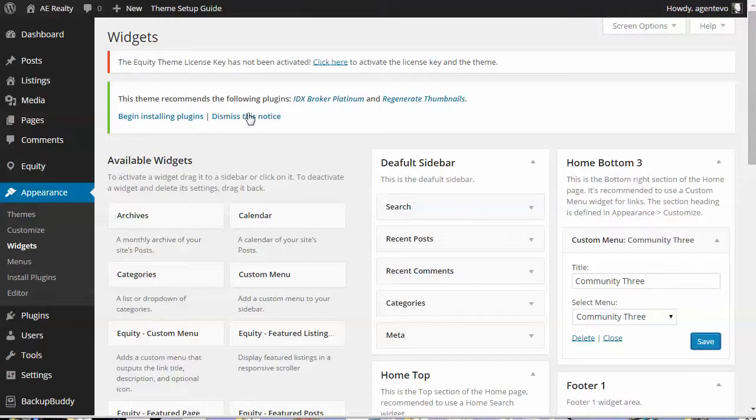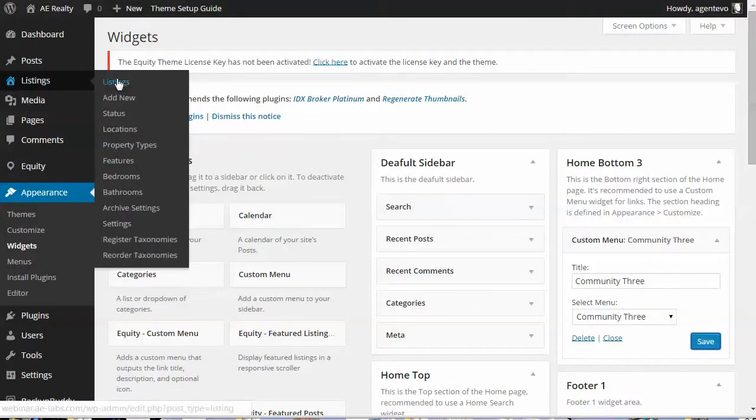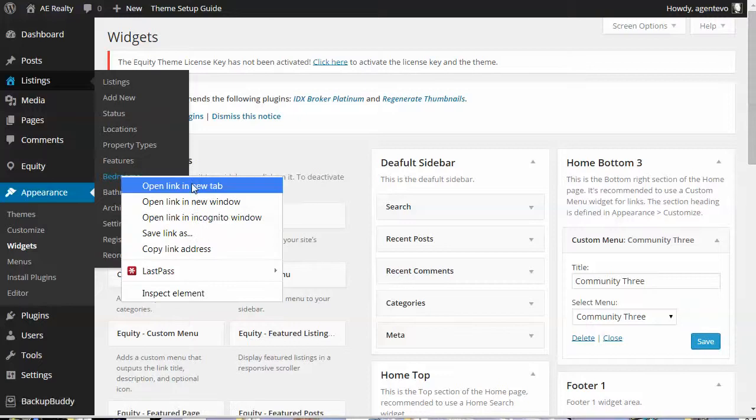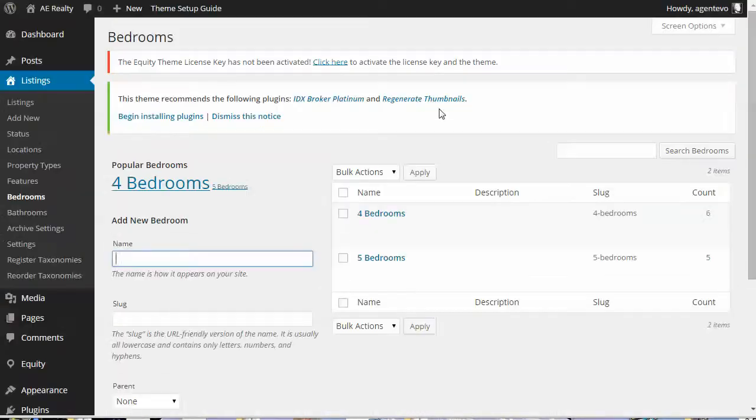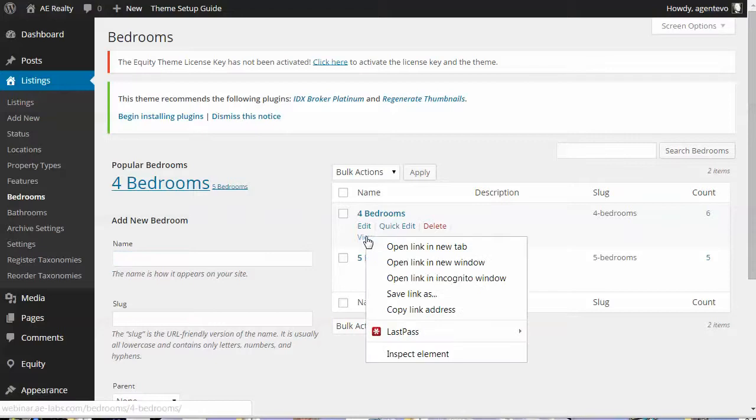So I'm going to go back to the dashboard, and I'm going to go to Listings using my WP Listings, and I'm going to select a specific taxonomy, say bedrooms. Let me open that up in a new tab. Okay, so say I want to only display homes with 4 bedrooms. Okay, so I'm going to create a menu using this. So I'm going to copy this where it says View, copy this link,